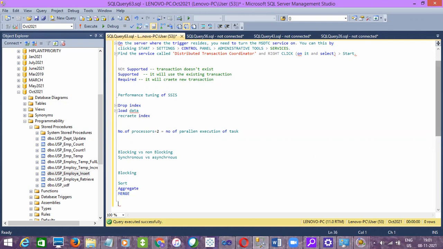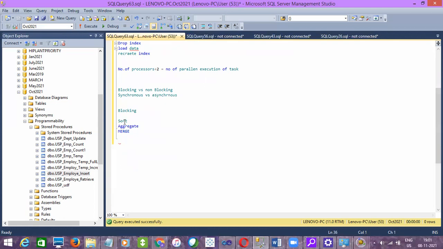And why it comes under blocking transformation, I explained while explaining the sort transformation, right? Let's say 1, 5, 7, 9, 10, 2 are the records we have. For sorting, let's say you are sorting descending, first it has to read all this data into buffer memory, and then it will apply the sorting. If it is descending, it will calculate, okay, first 10 has to come, then 9, then 7, then 5, then 2, then 1. So it has to wait until these two operations complete. Once completed, only then will the sort respond.